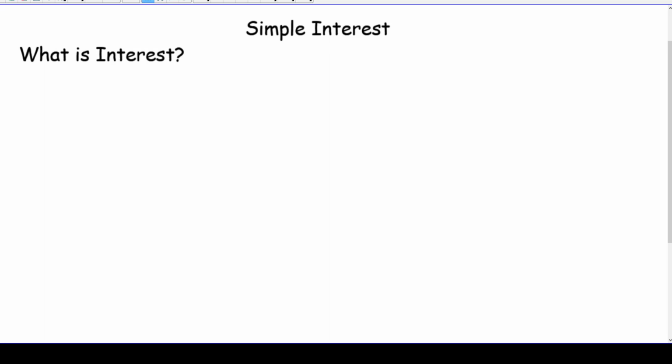So, if you know any finance people out there yourselves, they probably have a more up to date understanding of some of the things that we're going to discuss today. But generally speaking, all the math that I'm going to be teaching you is still valid. It's just some of the concepts might have changed a little bit.